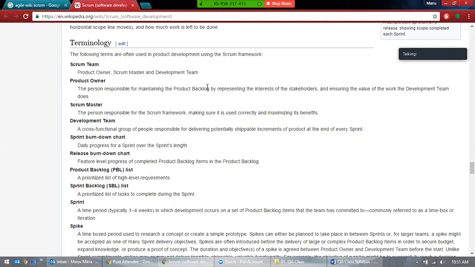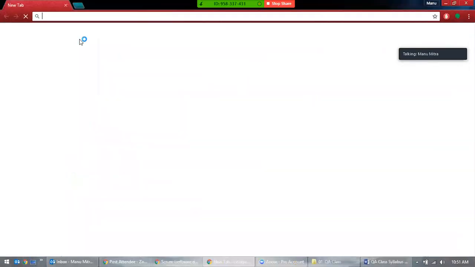Why did I say very high level? The product backlog can be as high level as a one line statement. But technically you cannot get complete information in just one line statement, right? Let's say you have this GMO online.